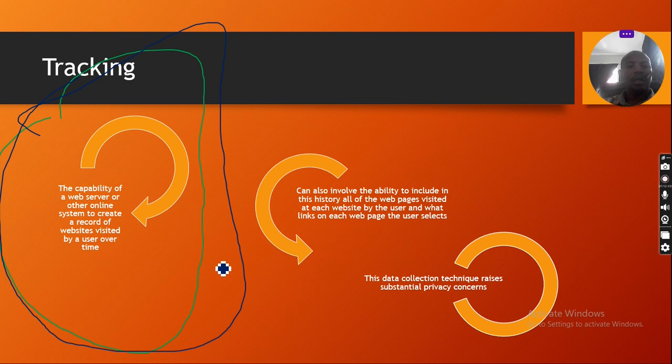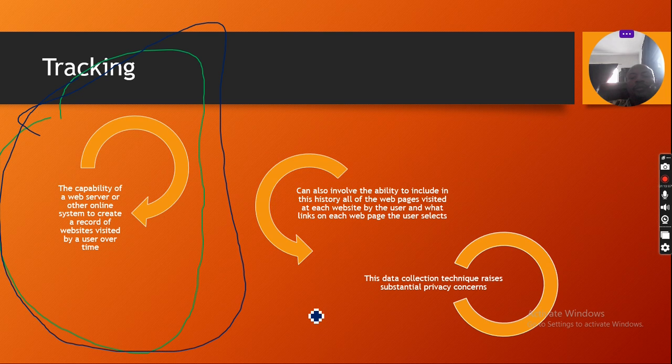So tracking is the capability of a web browser, a web server, or other online system to create a record of websites visited by a particular user over a period of time.